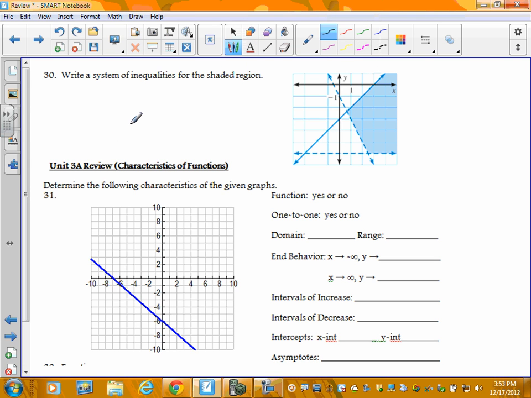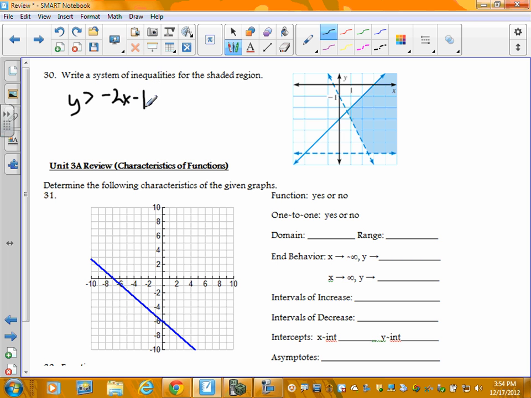All right, solve a system of inequalities. You got to come up with the equation. It looks like rise over run. Remember, it's down 2 and over 1. This has negative slope, so y is shaded above this line, so it must be greater than. The reason I know it's greater than is because it's dotted, and the slope is negative because of the direction it's going. So let's go with negative 2x